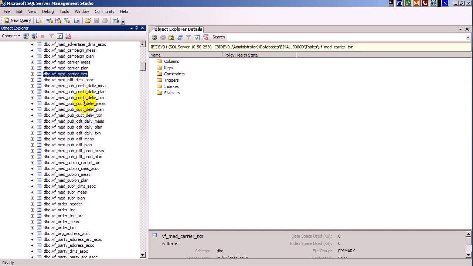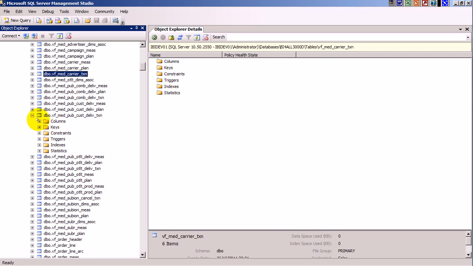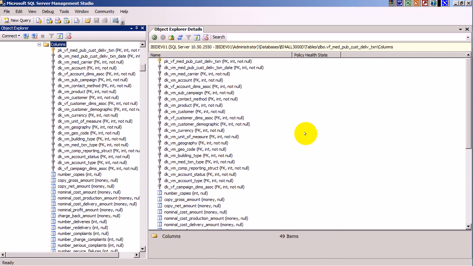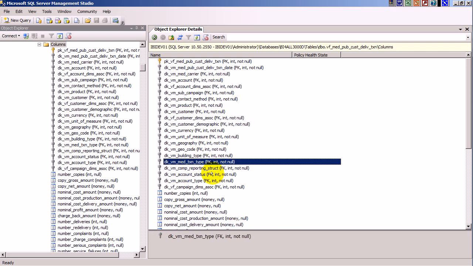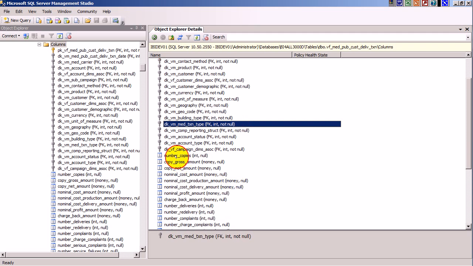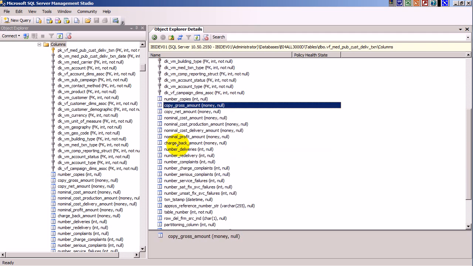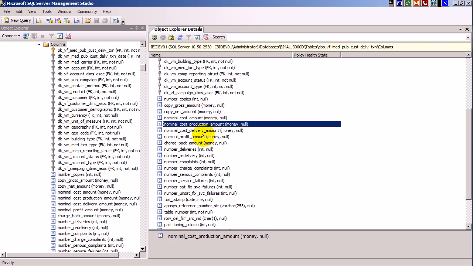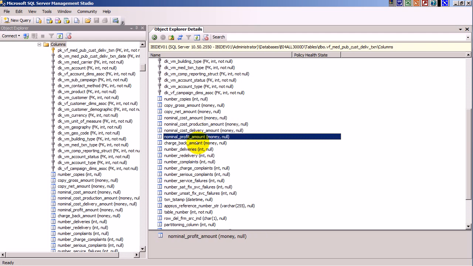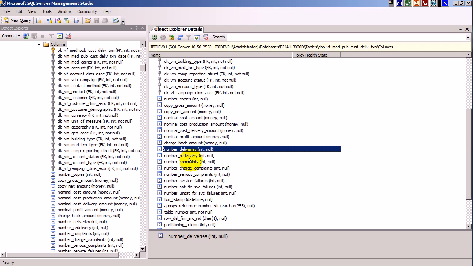And then in terms of combined delivery, well, let's look at a customer delivery transaction. This is the delivery of a piece of media to a home or an office. And so you have the carrier, the account, the product, the customer, all those sorts of things, the building type so that you know whether you can get in, etc. The transaction type. And then you have the number of copies, the gross copy amount, net copy amount, nominal cost amount, cost of production, cost of delivery, nominal profit, chargebacks if there are any, the number of deliveries, the number